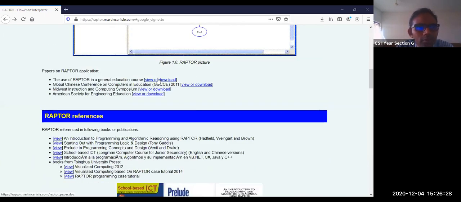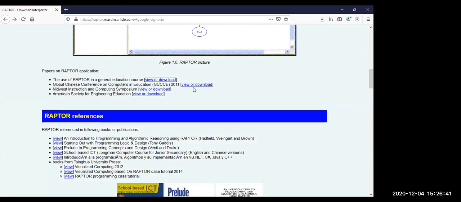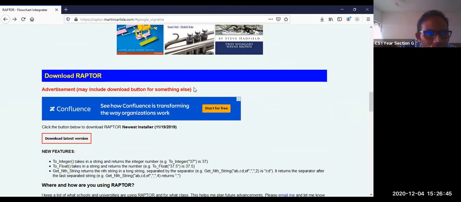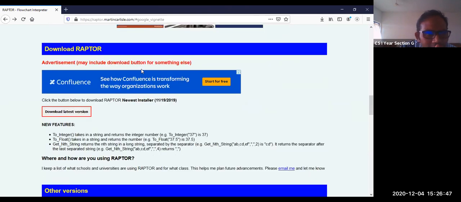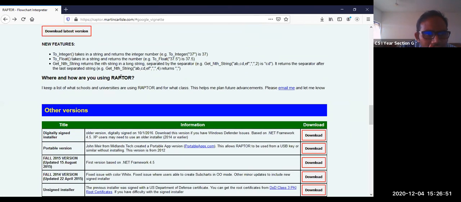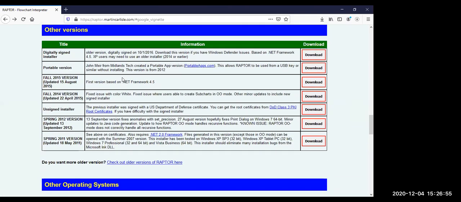Raptor, view or download. Yeah, here we are having view or download. No, this is a paper. References, download Raptor. Here we are having an advertisement. Unfortunately, other versions: digitally signed installer, portable version.